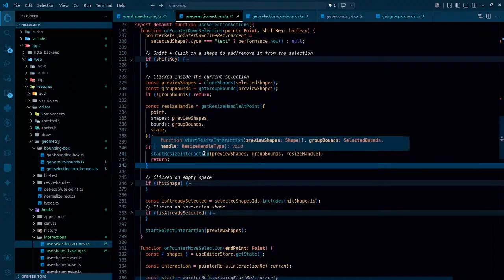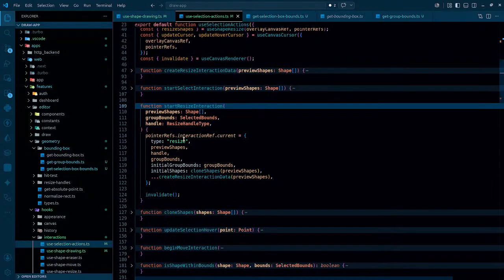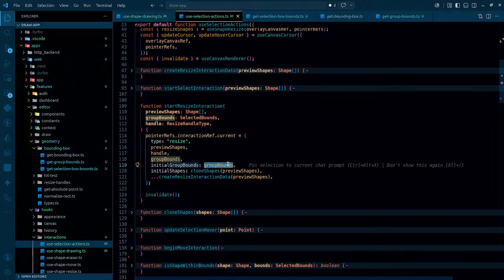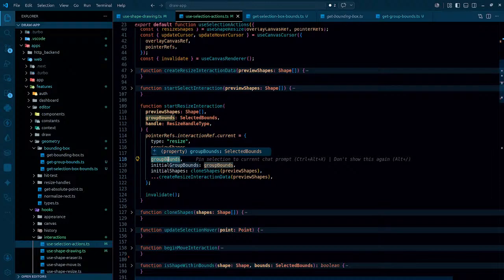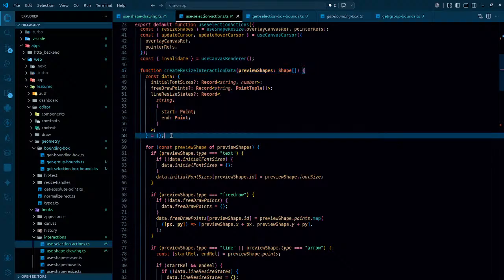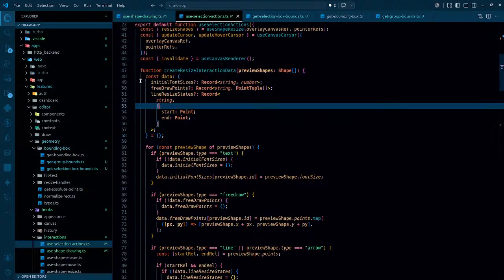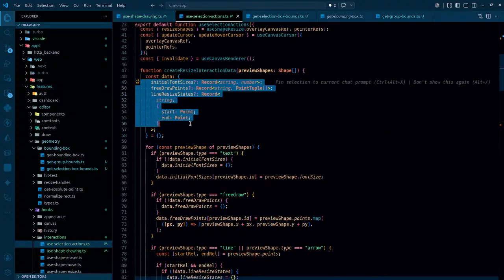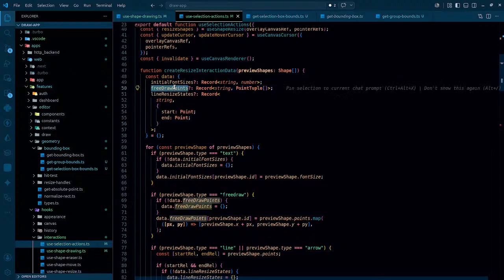That is fine. And apart from this particular thing, it is setting the group bounds and initial group bounds. Initial group bounds will always remain the same, that's fine. And create size interaction, what it does, it simply returns the data, and that data contains the initial font size, free draw and line size. So free draw points,